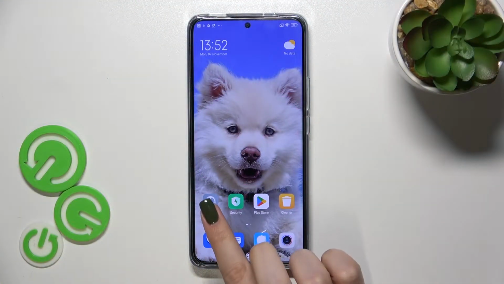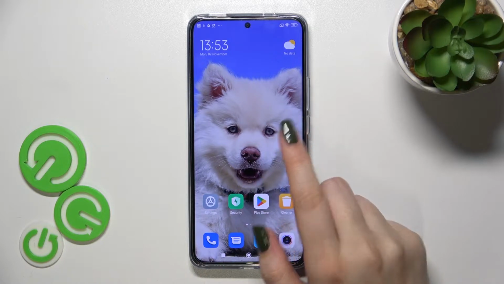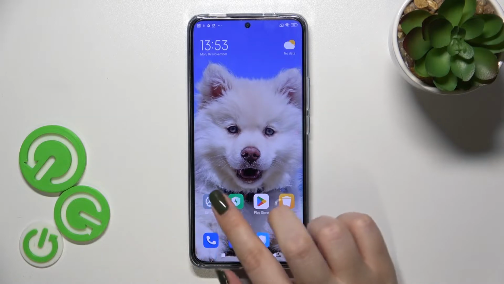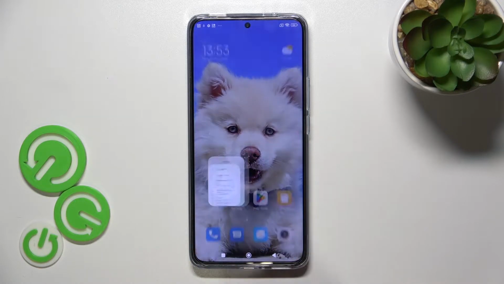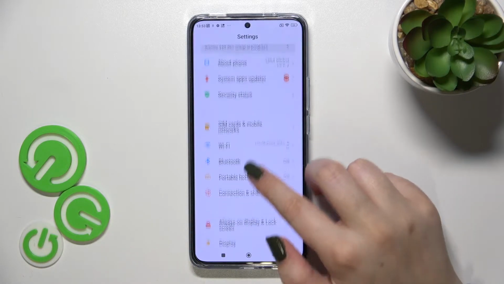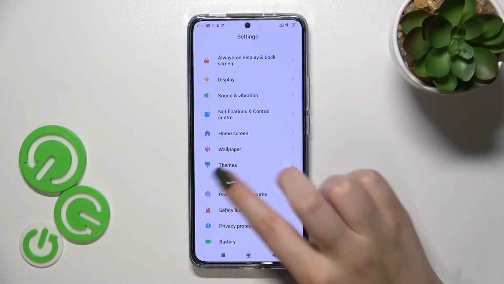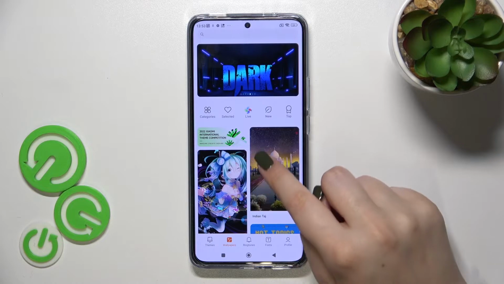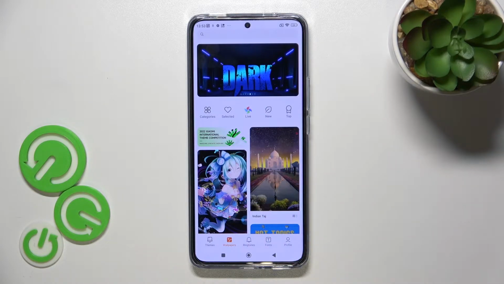So first of all, make sure that you've got the internet connection because it is required in order to open the wallpapers. I'll show you in a second. So first of all, let's open the settings, and here we have to scroll down to simply find the wallpaper. Let's tap on it. And as you can see, we will be immediately transferred to the wallpapers which are provided